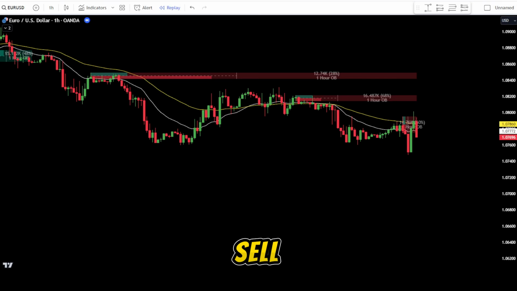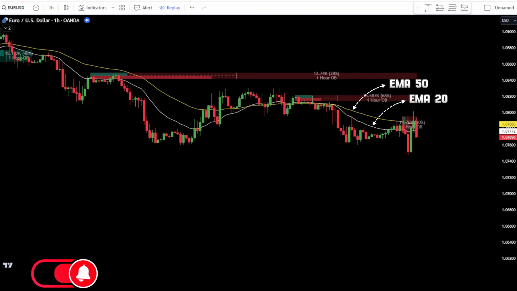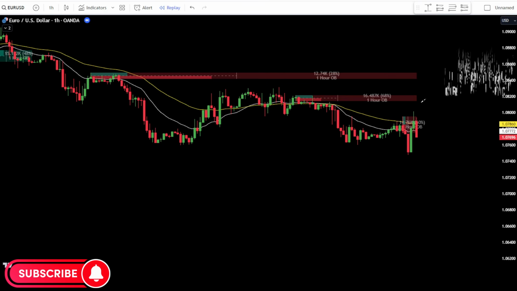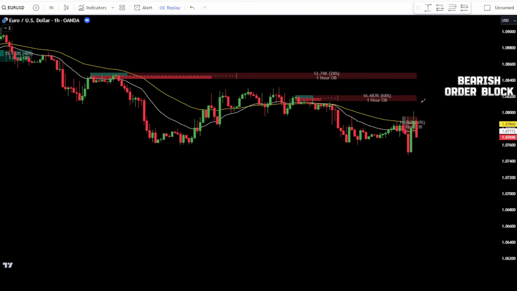How to place a sell order. 1. If the 20 EMA crosses below or is below the 50 EMA, it indicates a bearish trend. 2. Wait for the volumetric order block indicator to display the bearish order block area. 3. Subsequently, wait until the candlestick price returns to the bearish order block area. 4. Once the candlestick price has returned to the bearish order block area, ensure that a bearish engulfing candlestick is